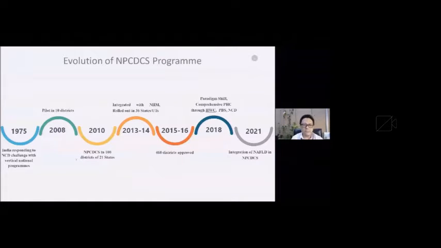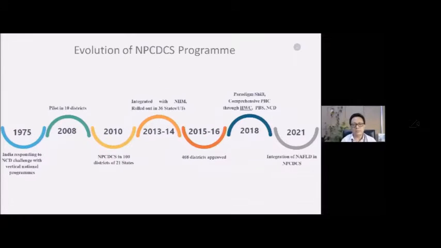Well, we started around 1975 when India started responding to the NCD challenges with some vertical national programs, and we tried to pilot that in about 10 districts in 2008. And by 2010, we have the program of NPCDCS being implemented in about 100 districts of 21 states. And then NHM happened and was rolled out in 36 states in 2013-14, and we have the number still counting